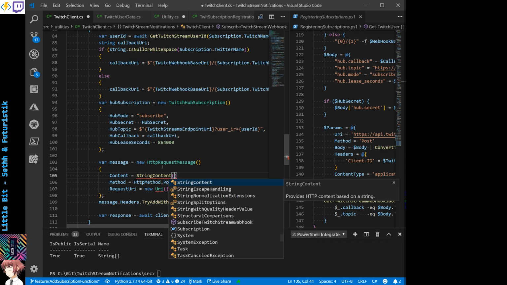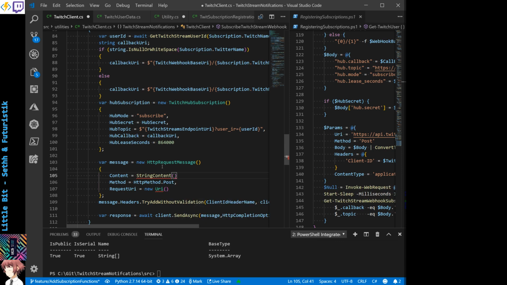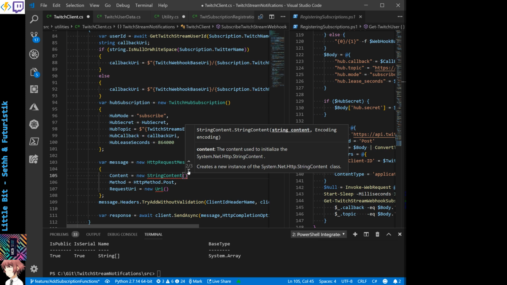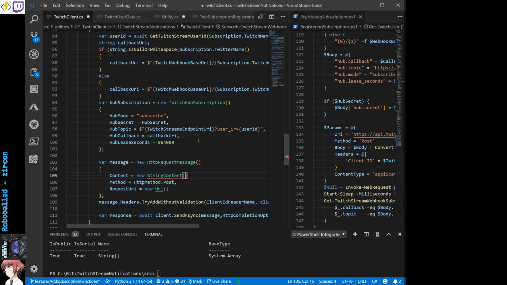What are my options for string content? Oh. It's like, why is it not giving me my constructors? Content, encoding, and media type. Yeah. I think I need to actually adjust that up here too. I'll go back later, but I do need to